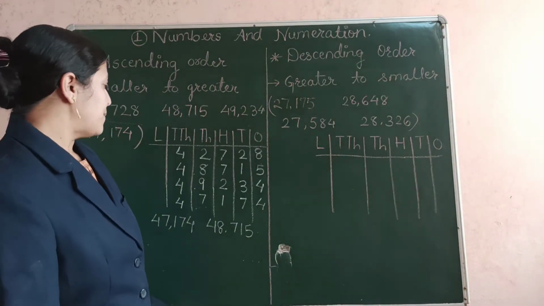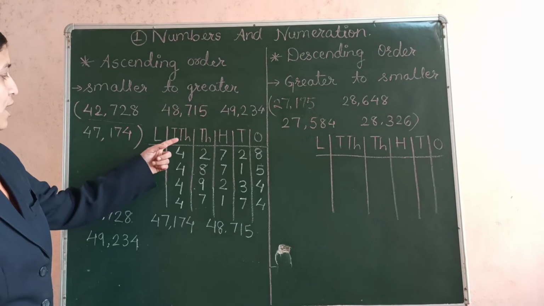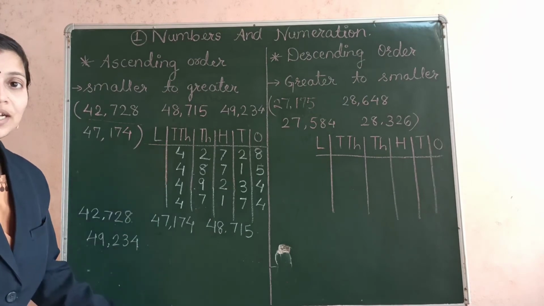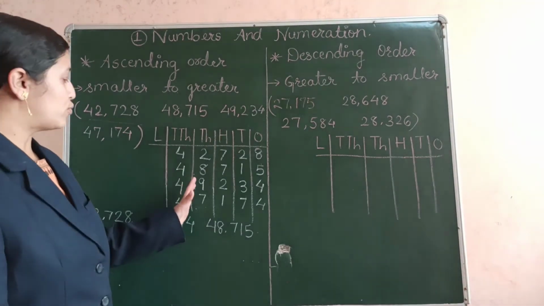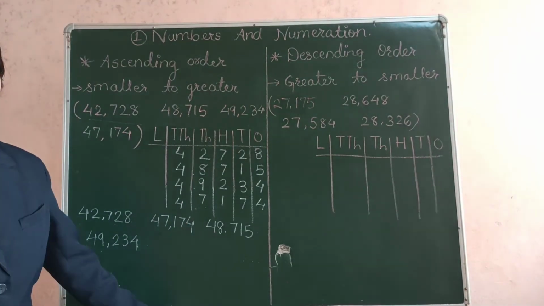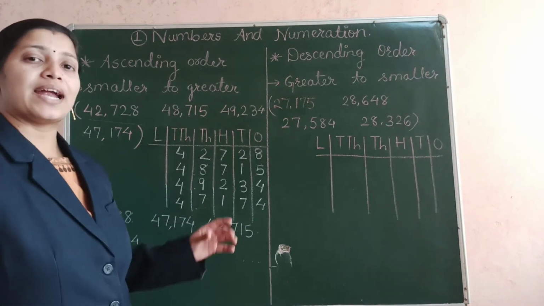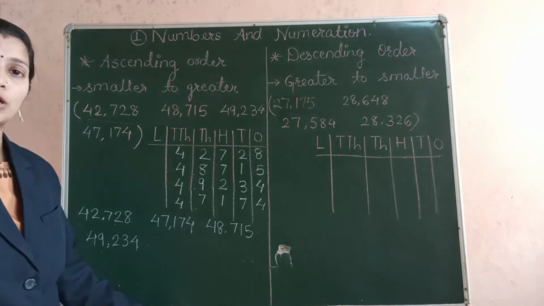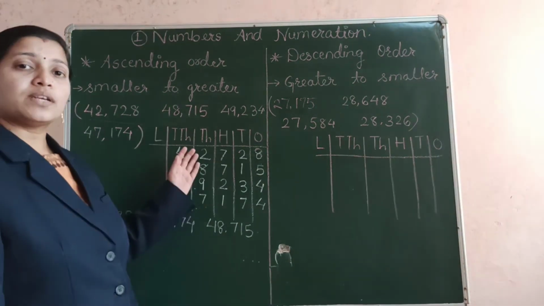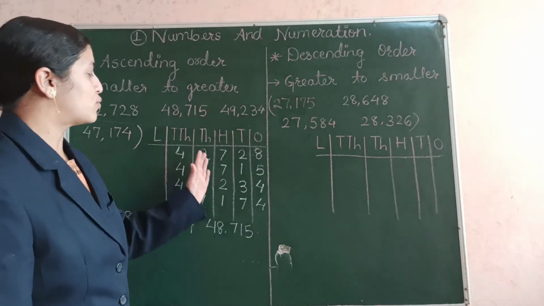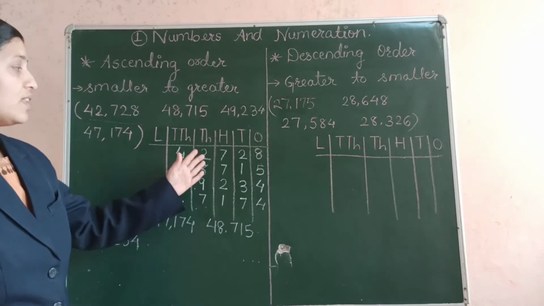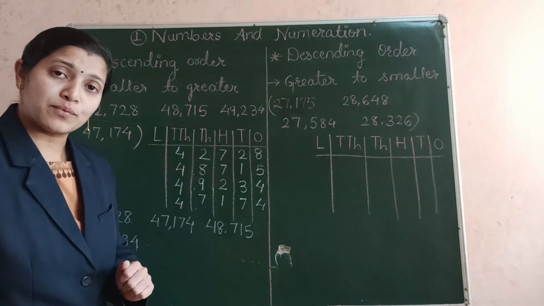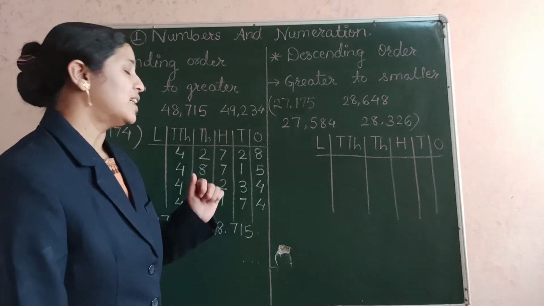You can see that since in the first place value, the 10,000s place, all the digits were the same, it means they are equal. So we move down to the thousands place. Suppose in the thousands place also we had the same digit, maybe 2 in all the places, or 8, 9 or 7 in all the places, then we can't compare between them, and so we have to move to the hundreds place. If in the hundreds place also we have the same digits, then we can't compare between them and we have to move towards the tens place.